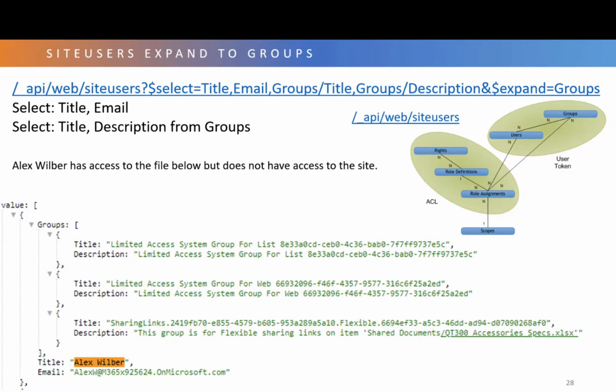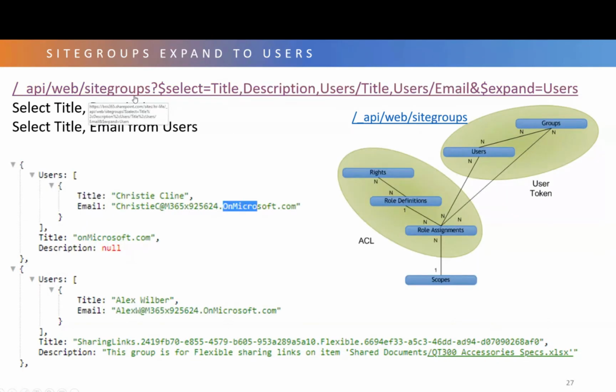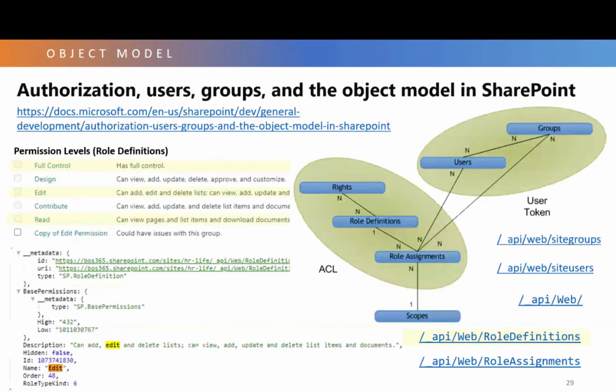Where I found all this out. Now, it's a little confusing. Microsoft calls site users up here for users. But when you do an expand command, you expand into users. So whenever you do an expand command, you expand into the name you see here. But to get it to work, you have to look on the API and find out what the name is called. It's not called the same as the architecture. So I had to know site users, and then I expand into groups. If I go back, I had to know it's called site groups, and I expand into users. So it's a little tricky where the names don't quite match. Okay, and this is the page where I found this information out. This is a page on Microsoft.